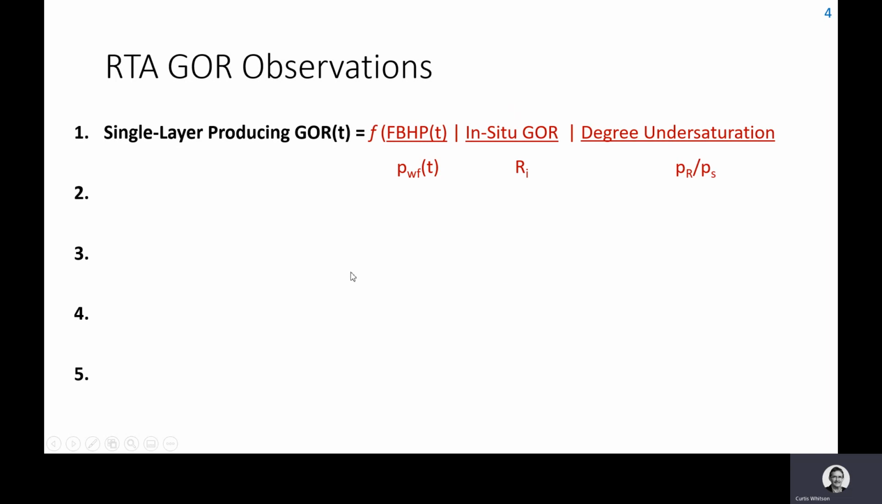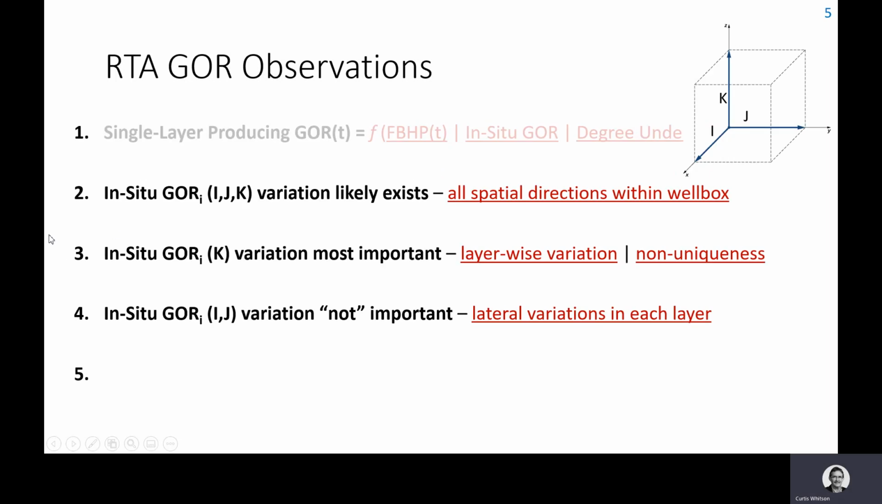First, we're going to talk about the producing GOR of a single layer, and in particular during the infinite acting flowing period. It's a function of flowing bottom hole pressure, which can vary with time, the in situ solution gas oil ratio, and the degree of undersaturation. We'll also talk about the spatial distribution of in situ composition or solution GOR. Basically, it's expected to be found in some variation in all directions, but with the most important being the vertical direction, and layer-wise, according to paleo